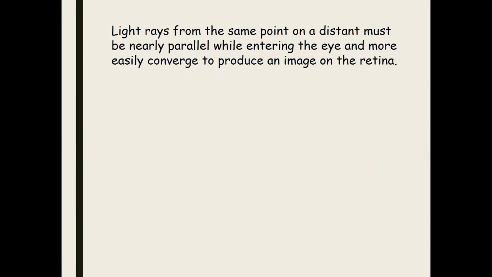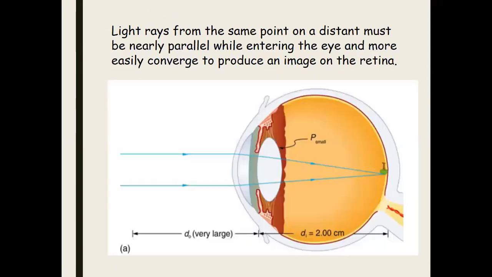Now, how is the image formed in the eye when the things are distant, how do they look in the ray diagram, and when the things are very near. Okay, now these are the rays of light coming from the distant object. We are taking parallel rays of light coming from the distant object. They enter the eye and converge after passing through the cornea and the eye lens and produce an image on the retina. This is how a distinct image is formed.